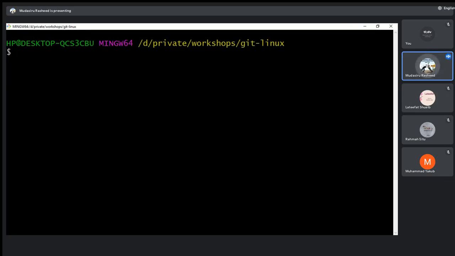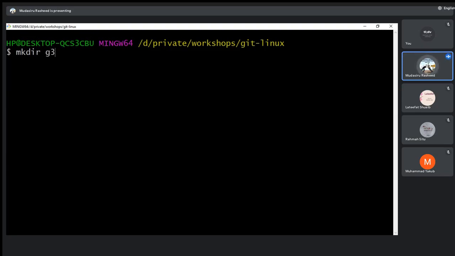What Git helps us to do is create a local version of our repository, of our remote repository. Now let's say I want to create a project, for instance. The name of my project is Learning Git. That's the name of the project I want to create. Learning Git, or Git class. So the first thing I need to do is create a directory for myself and call it Learning Git class.